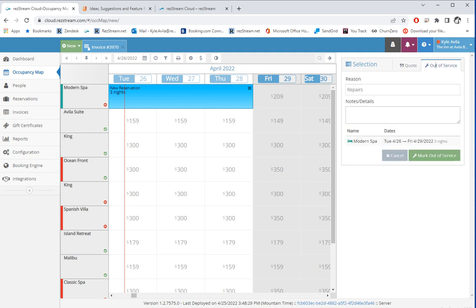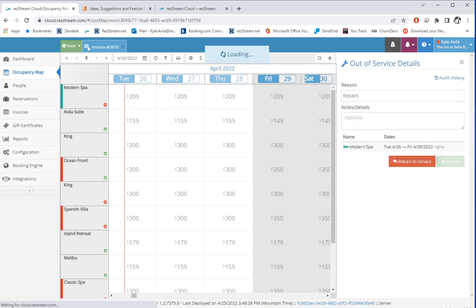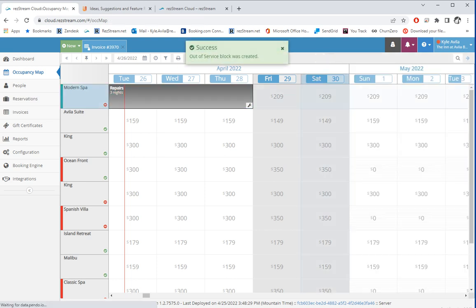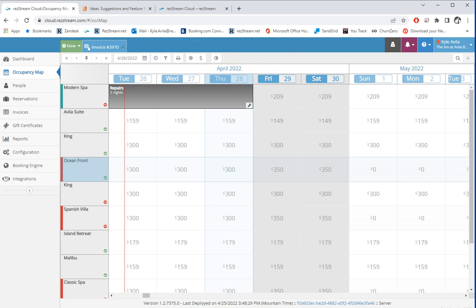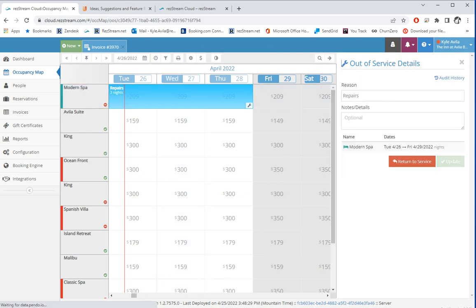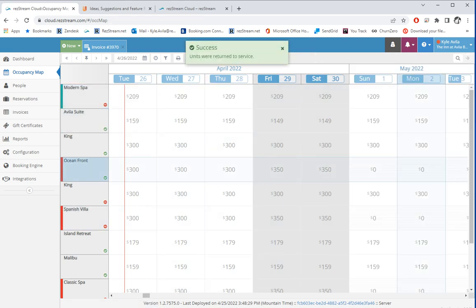By default, it's going to put in repairs there for the reason, but you can always change that reason here. And then you can also add notes. Once you're finished updating all those, just click mark out of service, and it'll mark that room out of service. In our settings, we have the mark out of service set up as gray, so that's why we notice gray. And you'll notice it add a little wrench icon to the bottom right. To get that room back in service, I simply just click on the room and then click the red return to service. Now it's available to book